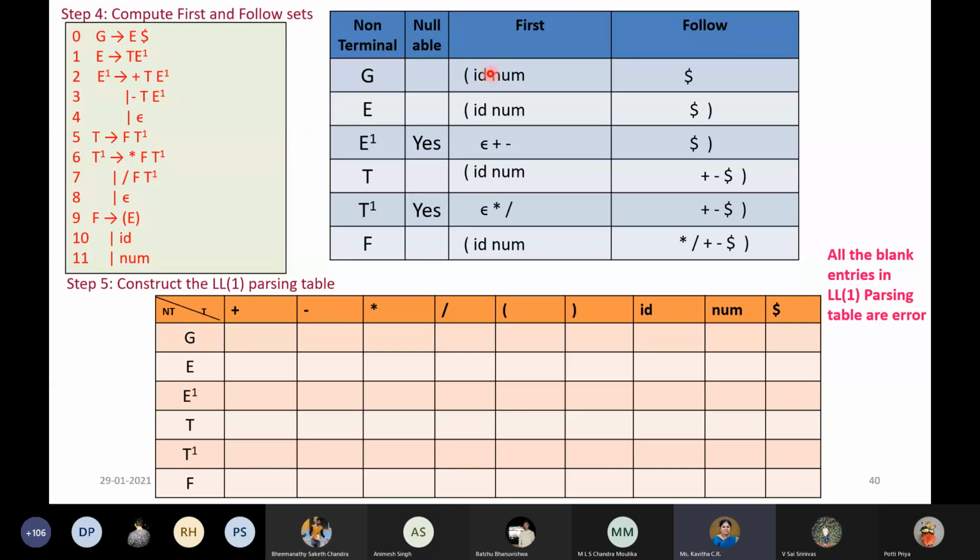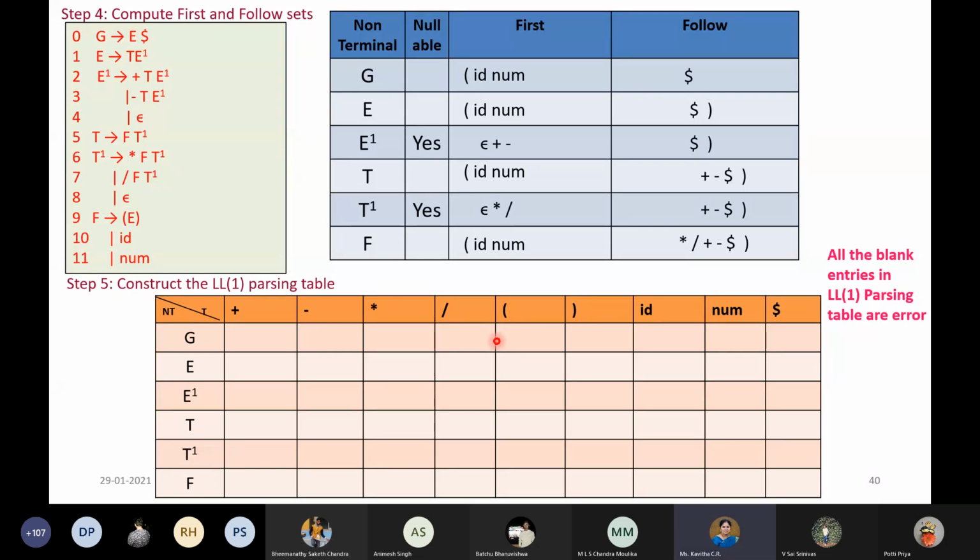So if the first symbol is open parenthesis, we are going to use rule number 0. Similarly, if the first symbol is ID, we apply rule number 0. Similarly, if the symbol is num, we apply rule number 0. Why are we doing that? Because we need to take a decision on what rule to apply next.